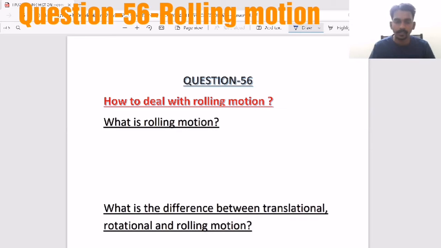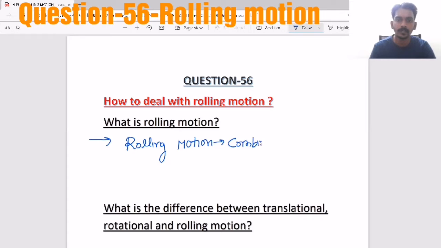Hi everyone. Now we are going to study question number 56 that is related to rolling motion. To understand this, the very first thing we have to understand is what rolling motion is. Rolling motion is nothing but combined motion of translational and rotational. Whenever the body is moving with both translational and rotational motion, performing both together, that